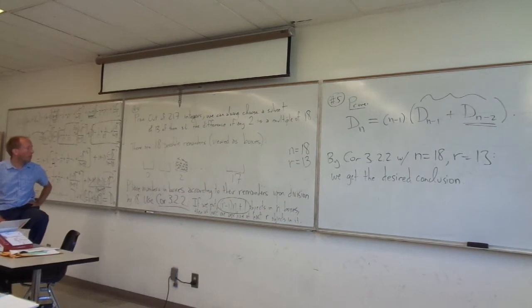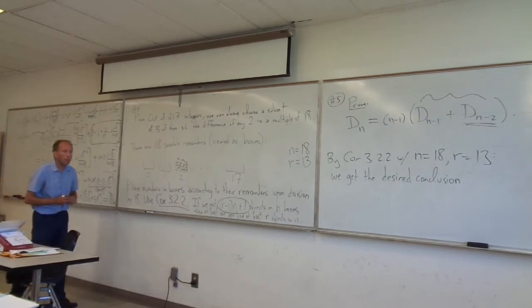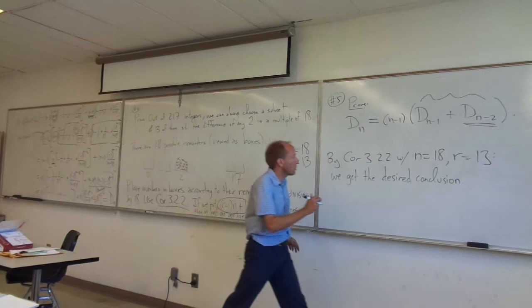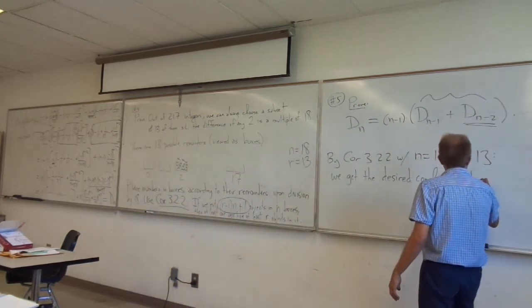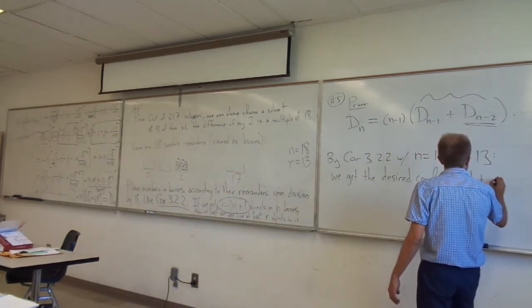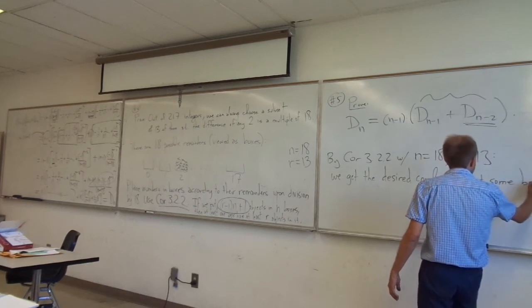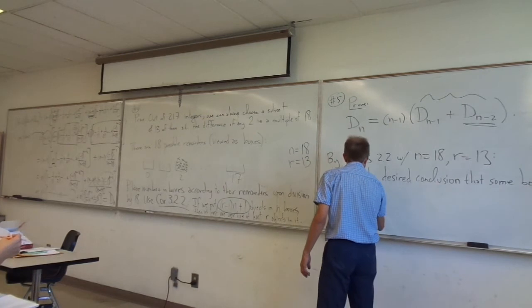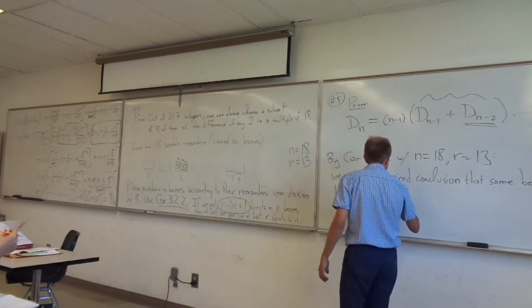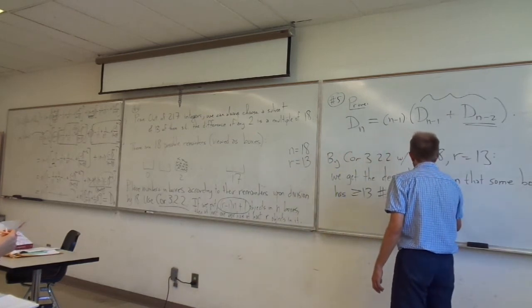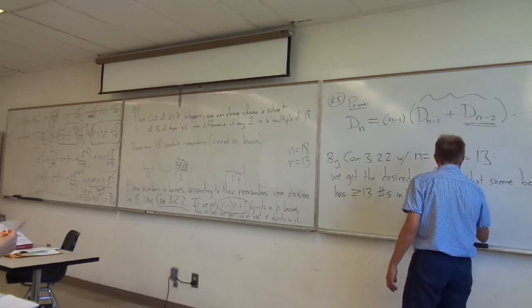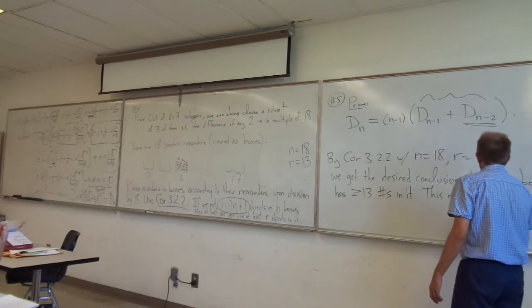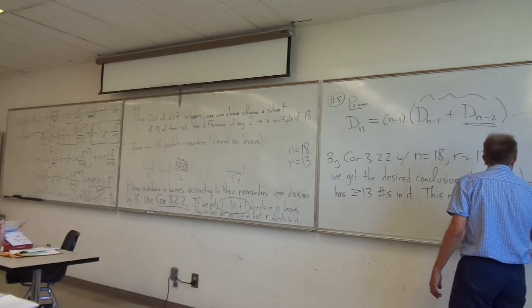Oh, just the part about numbers being in the same boxes, yeah. Okay. Oh, I see. So we get the desired conclusion that some box, I'll go ahead and add that, good point, has at least 13 numbers in it. This means any 13 of these numbers